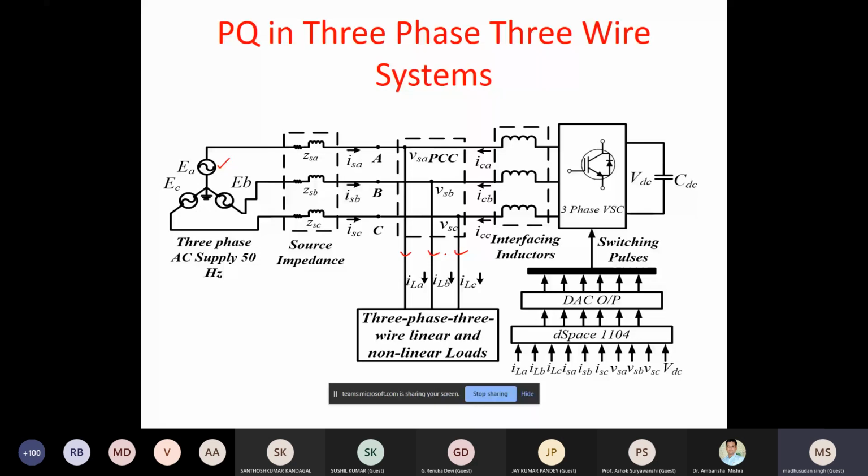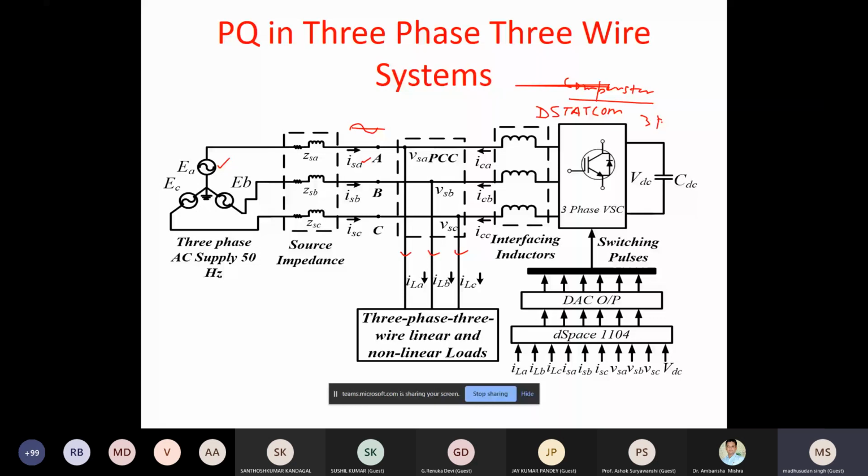you need a compensator. So these are the compensators. Compensators are basically, in other words, also called active filters, or a popular term used for the compensator is STATCOM. If it is a distribution system, we use a STATCOM to improve power quality. It is called D-STATCOM, STATCOM for distribution. So it's basically a three-phase VSC,